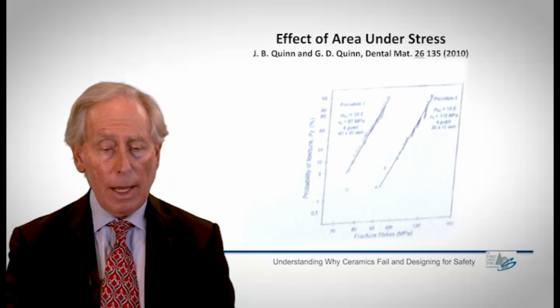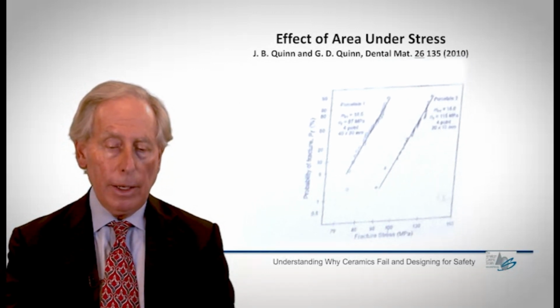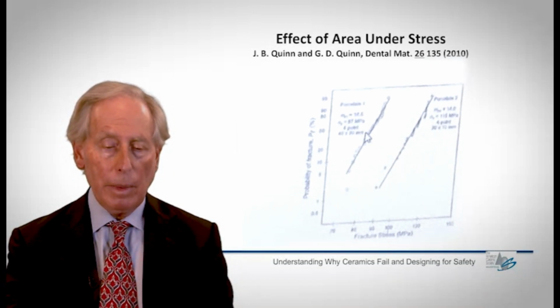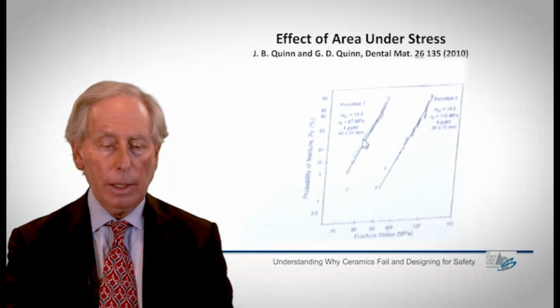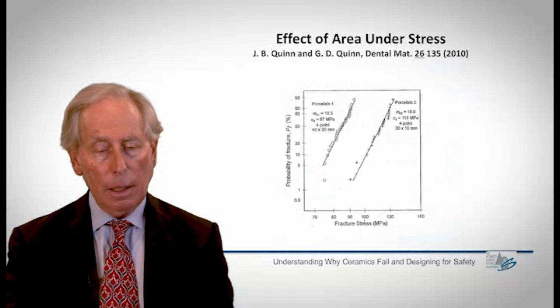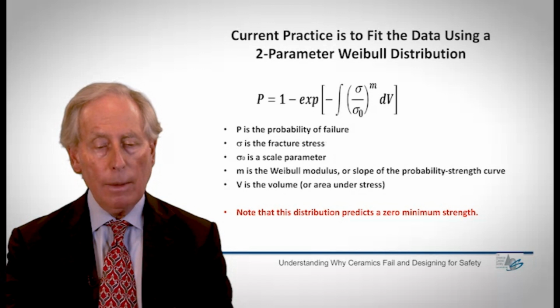The area under stress is important. As you might imagine, the greater the area under stress, the lower the strength will be of the material, because the probability of finding a larger flaw is going to be particularly susceptible to that. Let me go back. I want to go back to that equation again. So you can see then what I'm doing is integrating either over a larger volume or a larger area, and that will make a difference in the probability of failure. So you can see right away from that expression why that is particularly important.